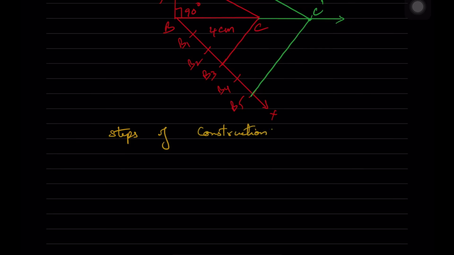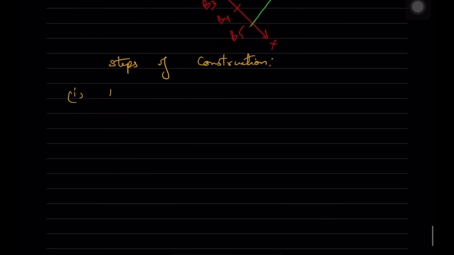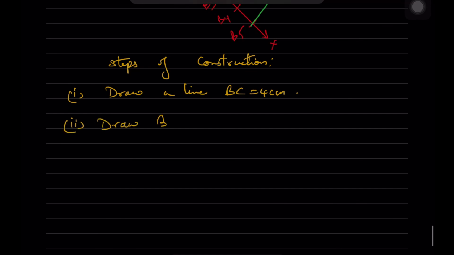First, what did we do in this? We drew the base BC first. Draw a line BC equal to 4 centimeters. Second, you draw BA, which is equal to 3 centimeters line segment